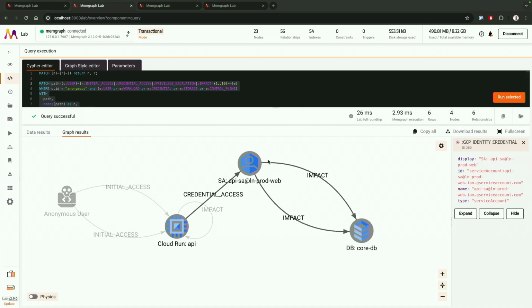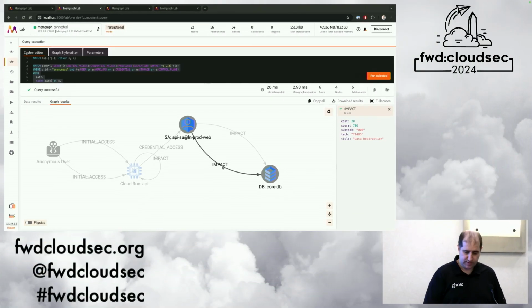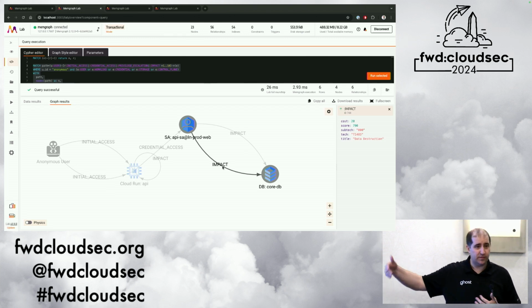That's not a big deal, but that has data destruction for impact, or data encryption for impact, and data destruction to the database, right? All of a sudden it's starting to tell a story. If this is compromised, they can get to the data, they can destroy it, they can change it, they can exfiltrate it. I didn't want to put every single possible attack path in here. I'm trying to do this for a show of examples, but you could have any number of impact